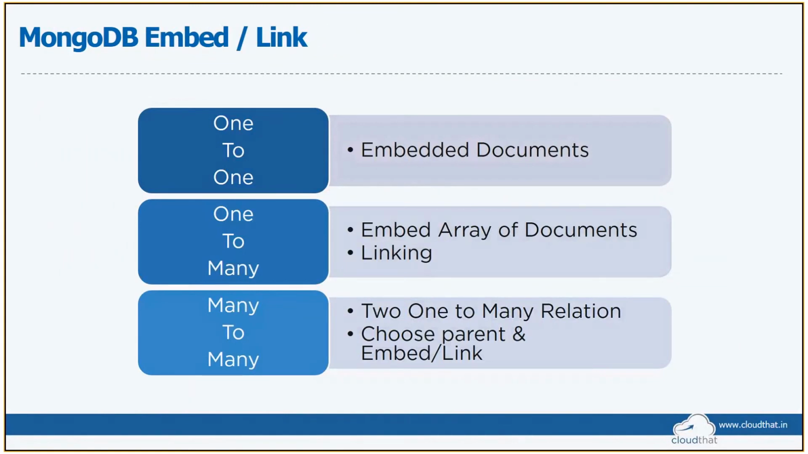When you have a one-to-many relationship, I can either embed them as an array of things. That is, if I have one user having multiple statuses, I can have an array of statuses inside the same document, or I can really have it in a different collection and try to relate them by linking. And when you have many-to-many, here you need to choose